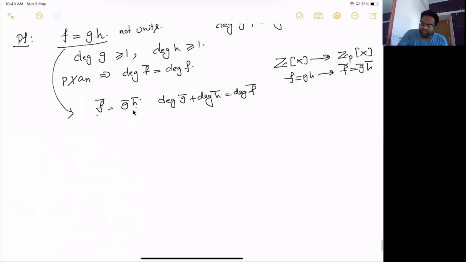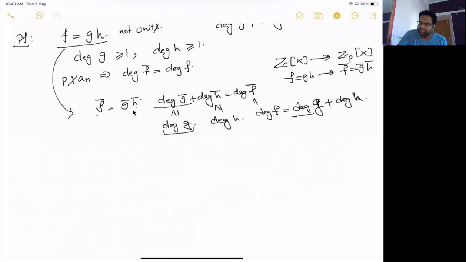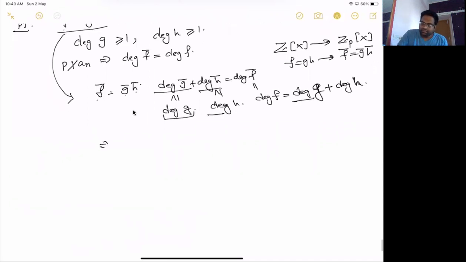But we already know that the degree of G bar is at most the degree of G, and the degree of H bar is at most the degree of H. So the degree of F bar is equal to the degree of F, which is equal to the degree of G plus the degree of H. So you have two numbers. This thing is less than this, and this thing is less than this, so they must be equal. This implies that F bar is a non-trivial factorization of